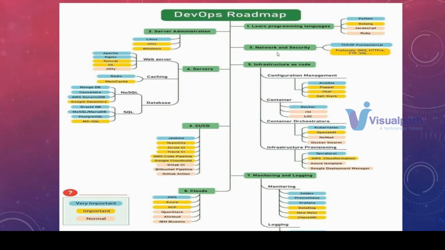And then we have to concentrate on networking and security, which is a part of DevSecOps. We have to take care of networking and security as well. Firewalls, image scanning, deployment, what packages you are trying to install, what vulnerabilities we have in the image or the packages. All these things come under network and security.